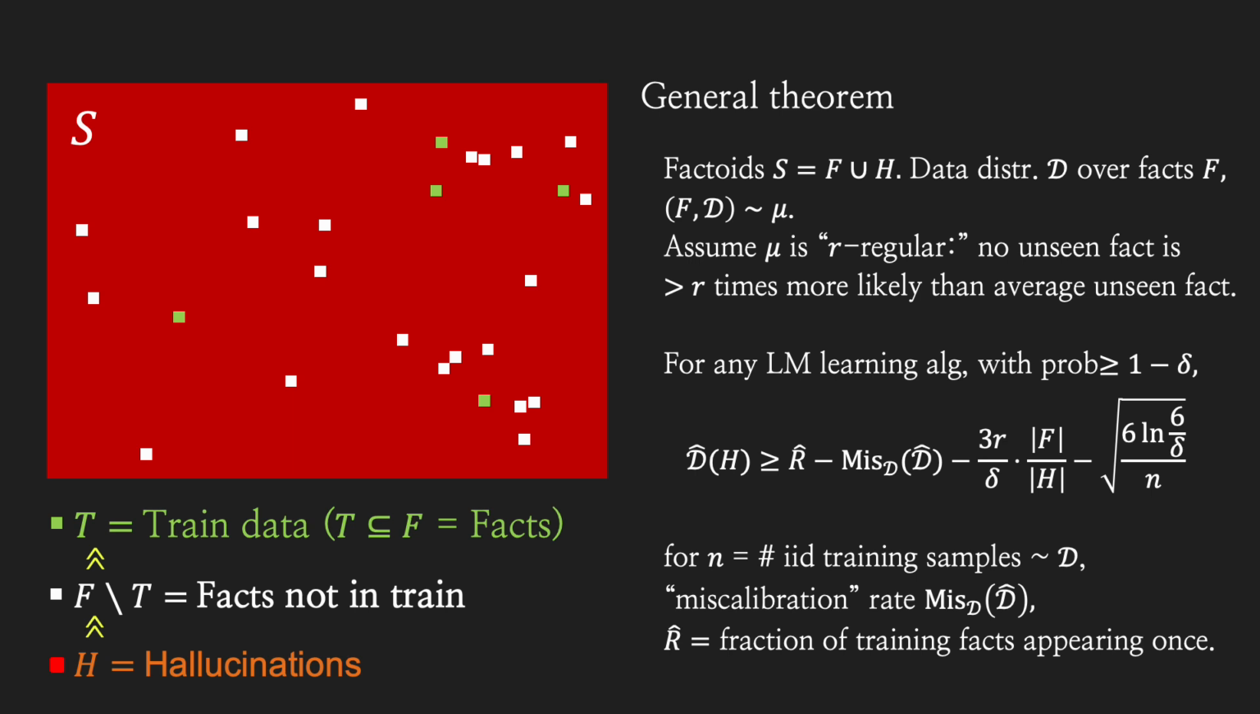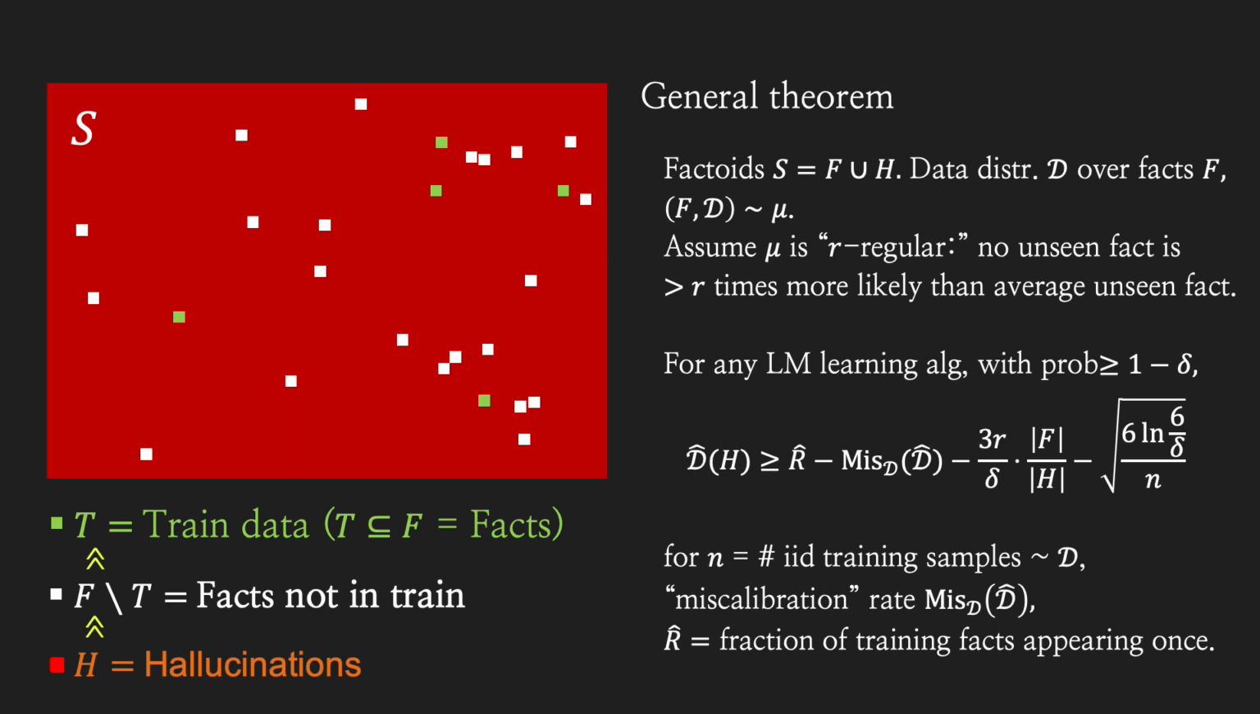And the general theorem we have, we don't actually assume that the distribution is uniform. The facts are drawn from some arbitrary distribution, mu. This distribution also tells us what the distribution over the facts in the training data is. And we don't need it to be uniformly random. The condition we're going to need is, roughly speaking, that the facts are regular, which means that given the training data,